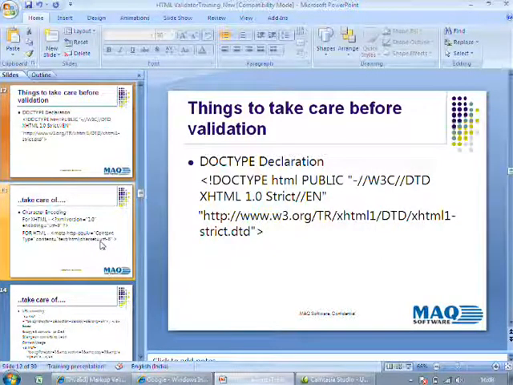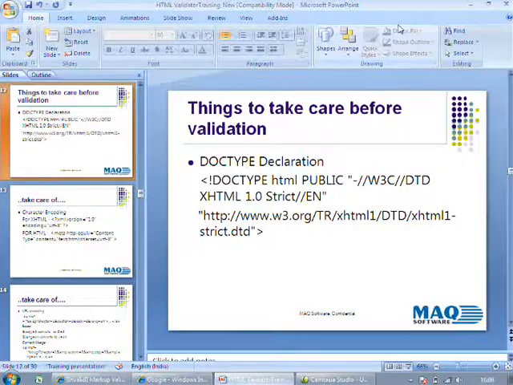This will help the browser to render the web page in a proper manner and load it faster. If you're not mentioning it, the browser cannot understand against which standards it has to validate the HTML that you have written. So as a best practice, you have to mention the doc type for every web page.